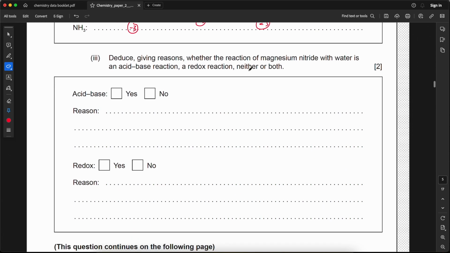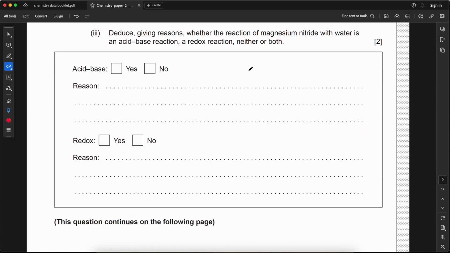Deduce, giving reasons, whether the reaction of magnesium nitride with water is an acid-base reaction, a redox reaction, neither, or both. It is acid-base, yes. Why? Because in magnesium nitride there is an N3- ion, which accepts H+. How? First, Mg3N2 will dissociate, becoming Mg2+ and N3- and H2O. So this one will accept a proton. And what about redox? No, because no oxidation